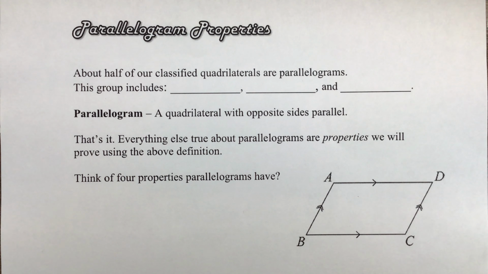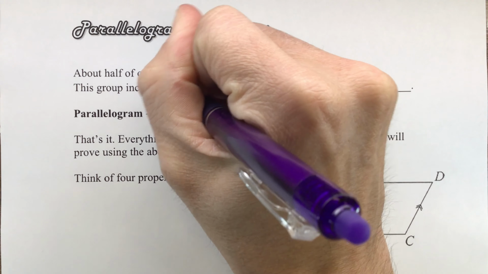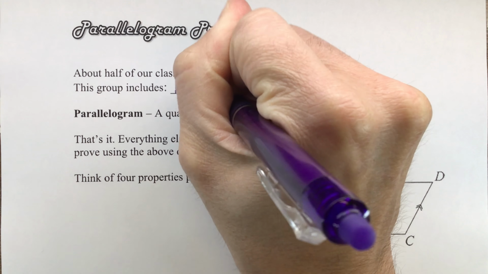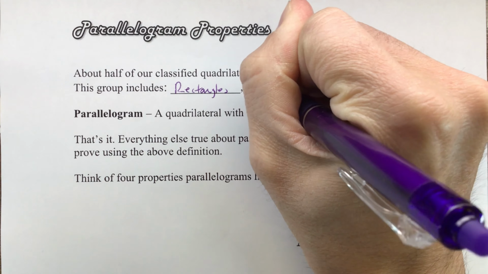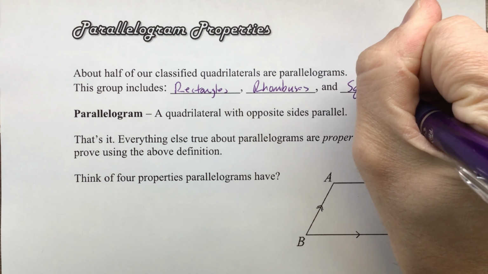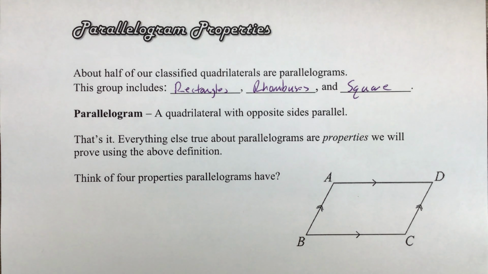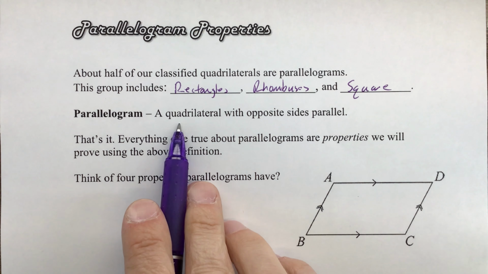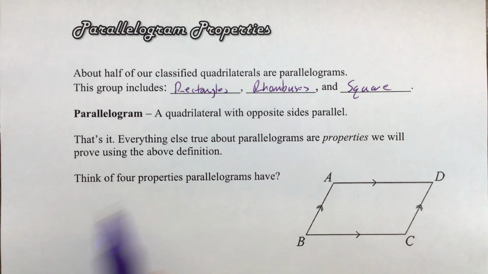However, about half of our classified quadrilaterals, all the ones that you can name, are actually parallelograms by definition. This group is going to include rectangles, rhombuses, and squares. Okay, all of those are actually examples of parallelograms. They do fit the definition that we have for a parallelogram, which is a quadrilateral with opposite sides parallel,